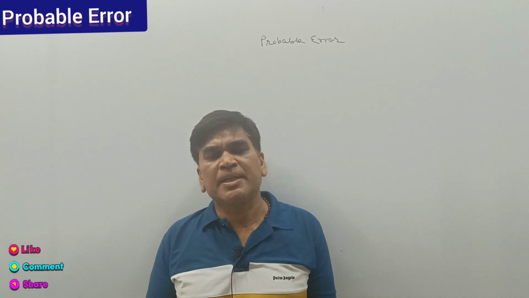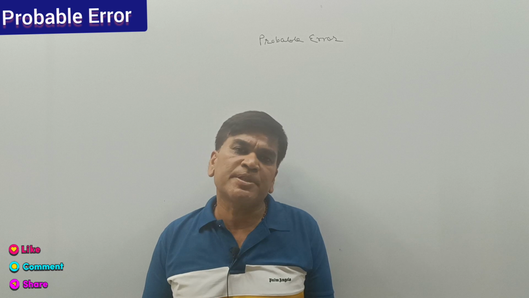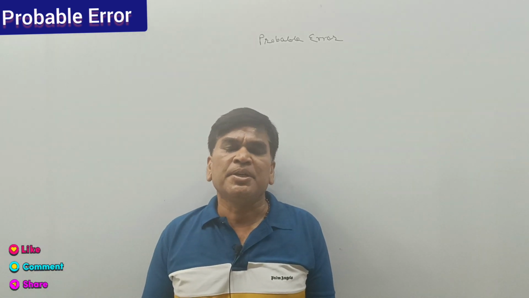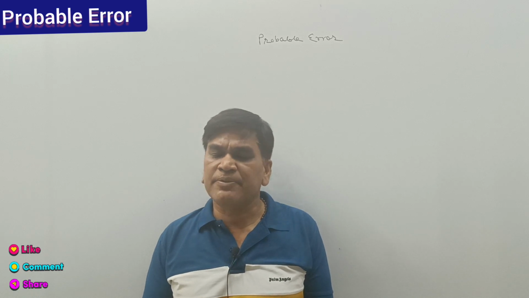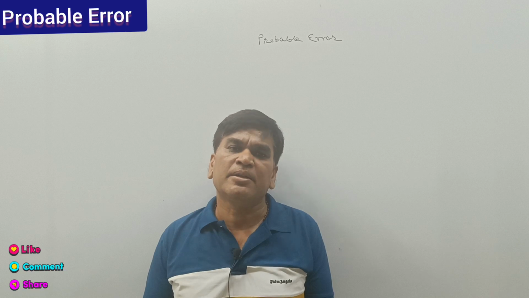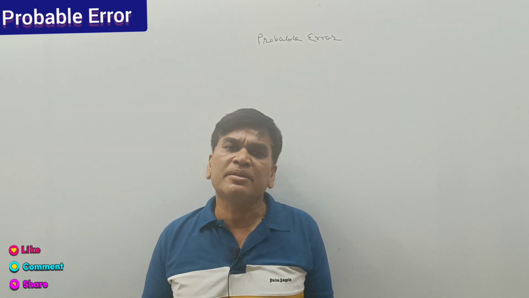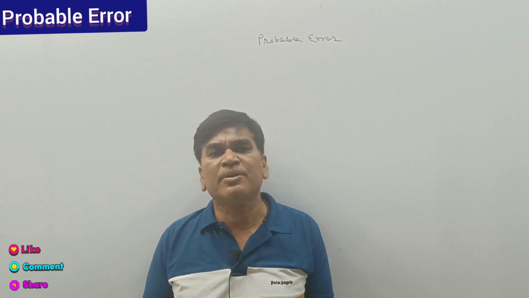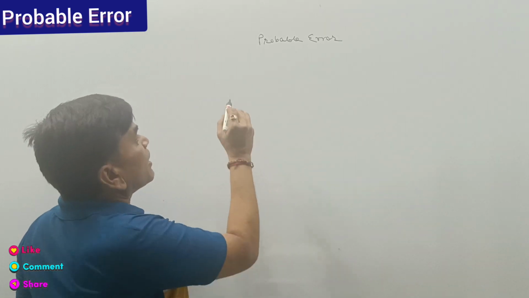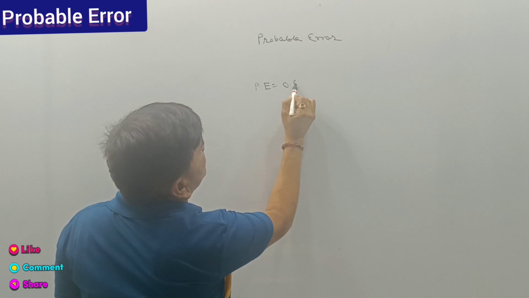In the last video related to correlation, we discussed how to calculate the Karl Pearson coefficient of correlation in grouped frequency data. In today's video, we are going to discuss a very important term of correlation that is called probable error. To find out whether our calculated correlation value is significant or not, we have to calculate probable error. So how do we calculate probable error? That is, PE is equal to